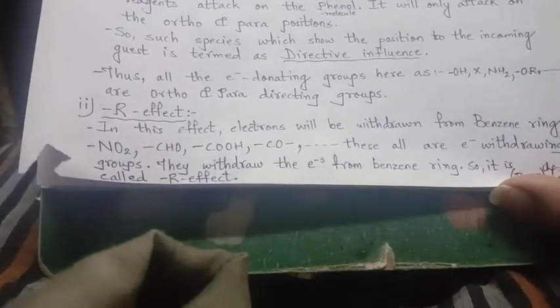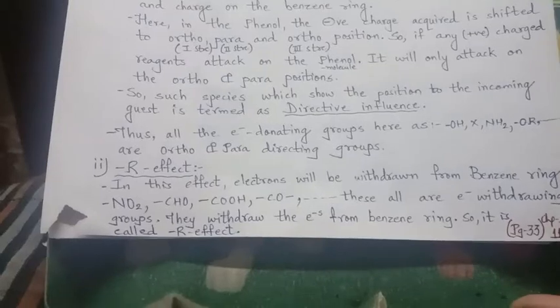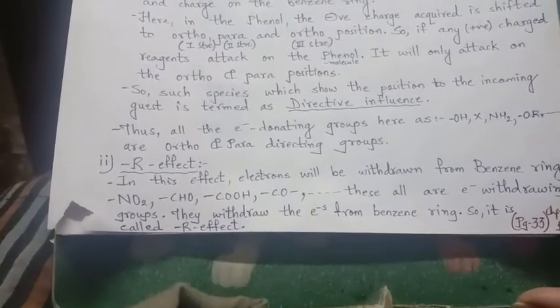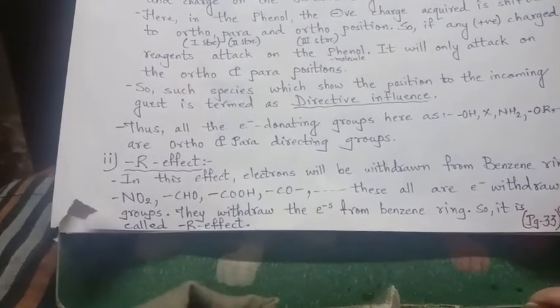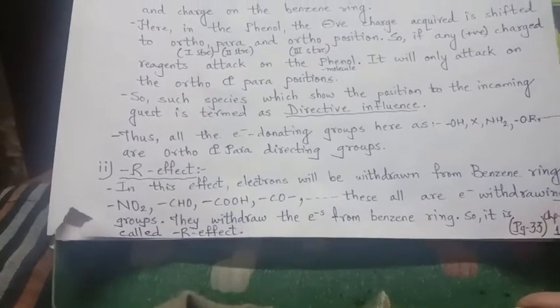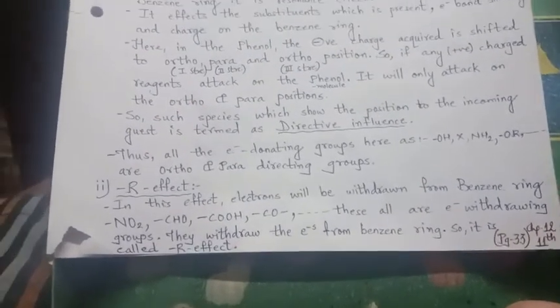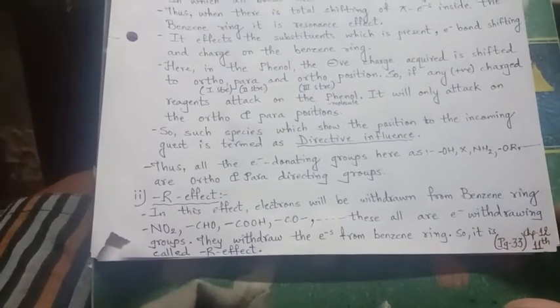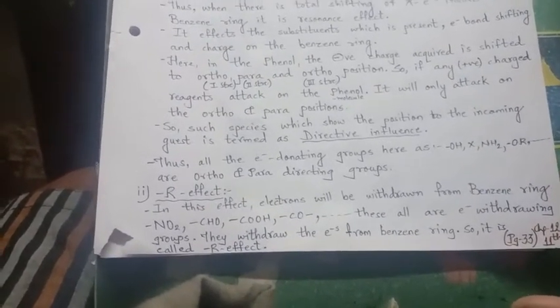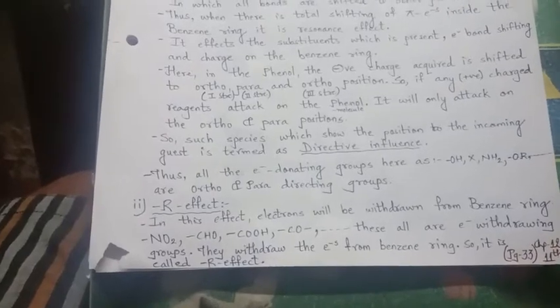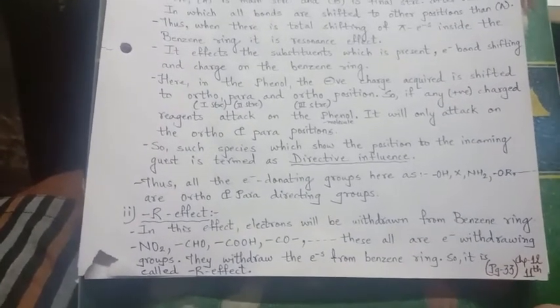Here the electrons will be withdrawn from the benzene ring, that means taken away. So it is minus R effect. Nitro group, aldehyde group, carboxylic acid, ketone group, these are electron withdrawing groups. They withdraw the electrons from the benzene ring, and so it is called minus R effect,